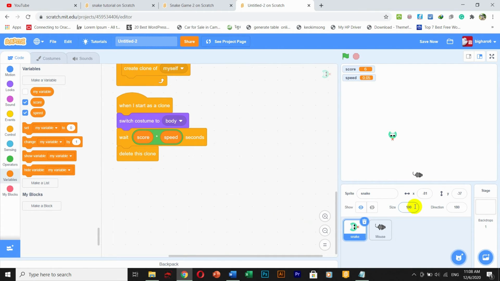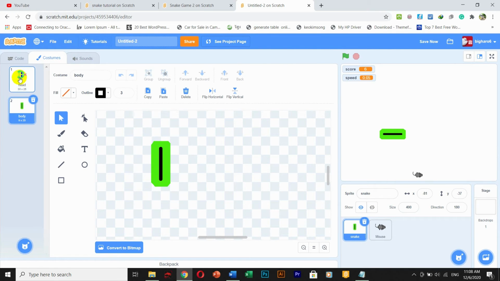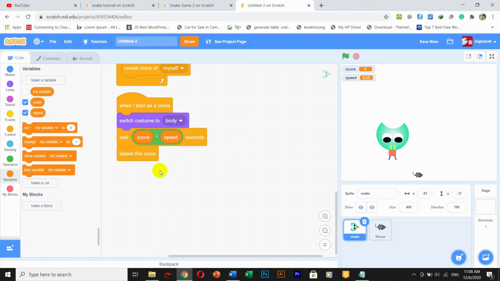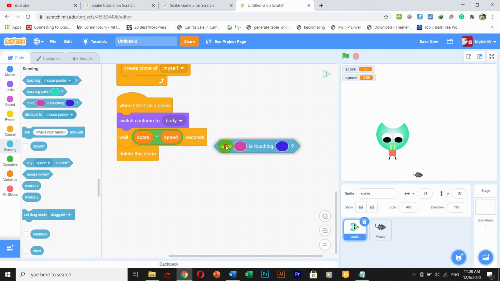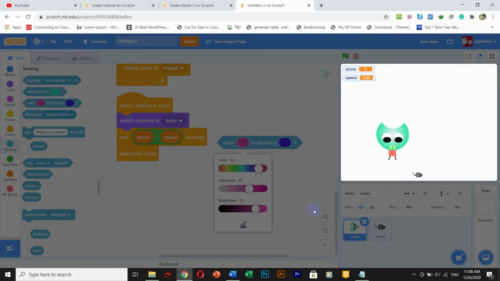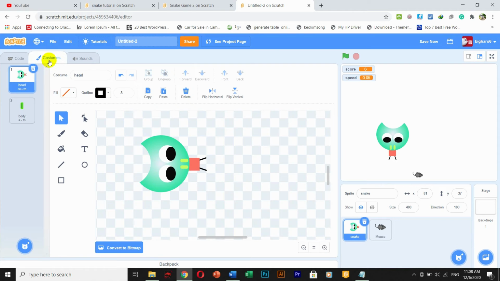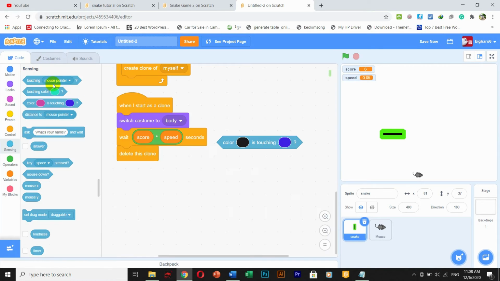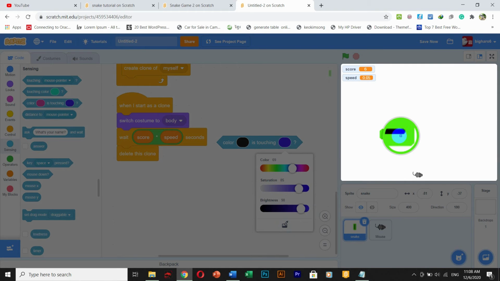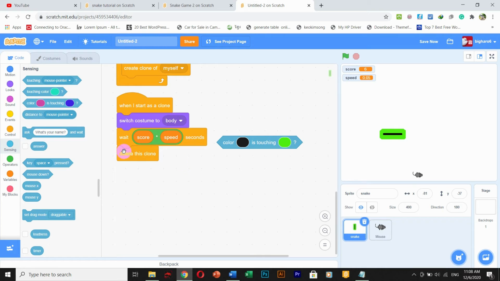Look at this. We will use this method. When this color is touching this color, the body color, let's say game over. If color is touching color, which color? This one, right? The nose of the snake, it is black. Black. When the black color is touching the body, this color, we will say